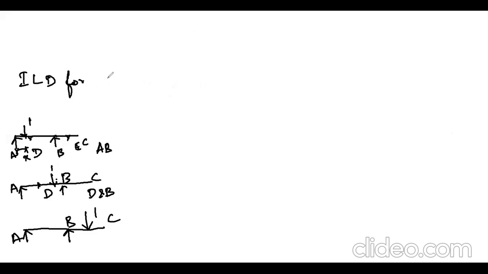Next, what we are going to find is the influence line diagram for the force at the point D. Influence line diagram for force at D, denoted as FD. For this, I am going to apply the unit load in all three positions, that is between AD, between DB and between B and C. First, whenever I apply the unit load in the portion AD, this is the point D. Am I right? This is the point D.